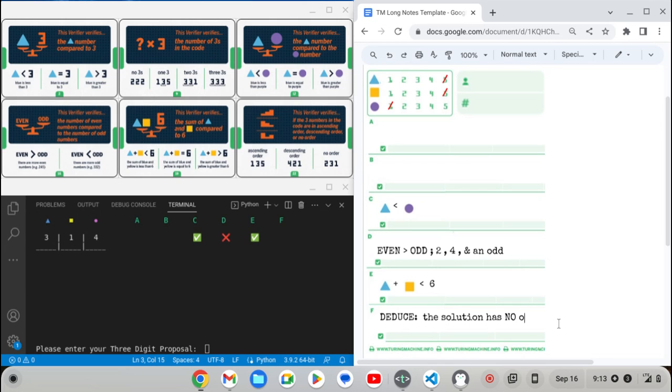And again, it is because we do have this criteria card C and criteria card F that sort of interact with each other, and we're able to then deduce again that the solution has no order. Okay, so going back to criteria card E for a second, again, we do know we have 2 evens, and I've deduced, I probably should have written it as I deduced that there should be a 2 and a 4